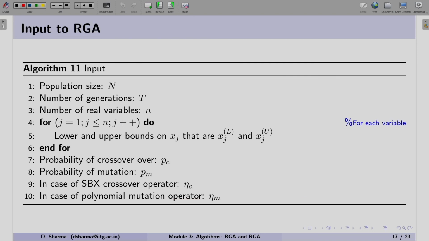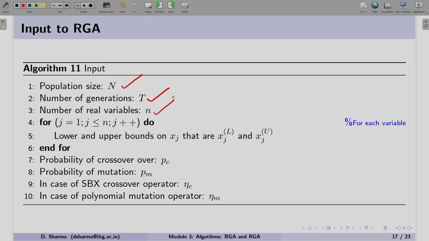Now let us see the input to RGA. There are certain inputs that remain the same for both BGA and RGA. We need a population size that remains the same, the number of generations will also remain the same, and the number of variables. Last time it was binary variables, now this time the number of real variables.